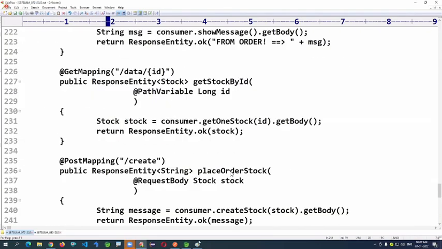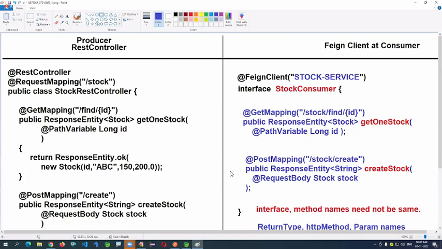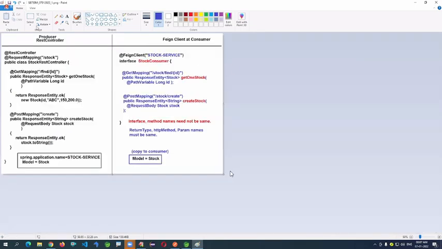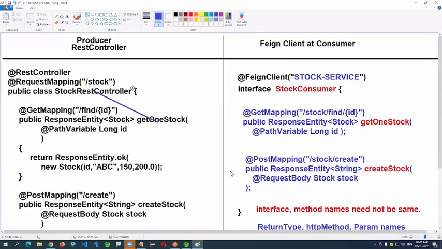Observe the point. How to write a Feign client for different types of methods. That's the question here. Whatever methods we have in the producer REST controller, similar methods you mention here.